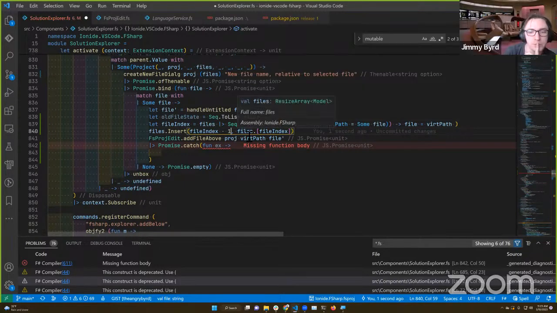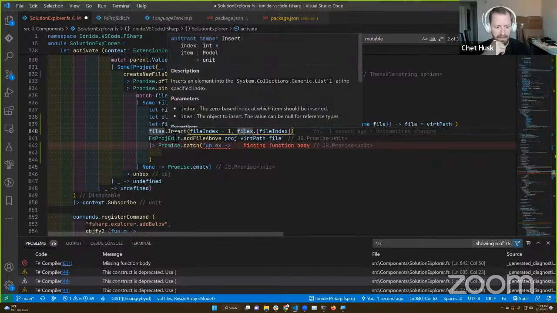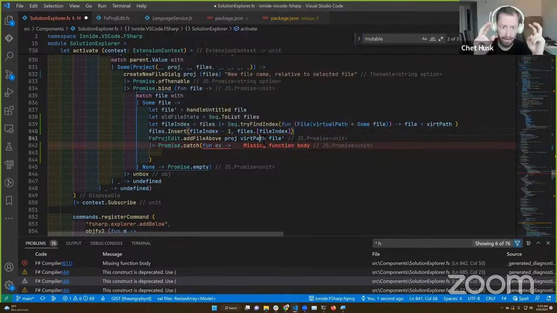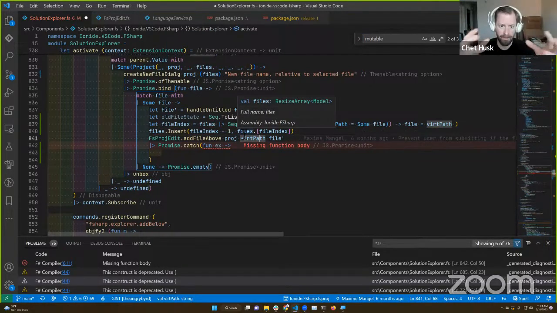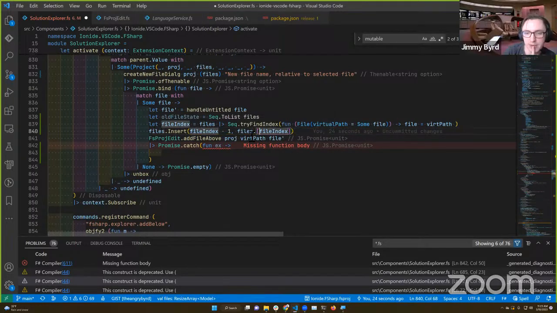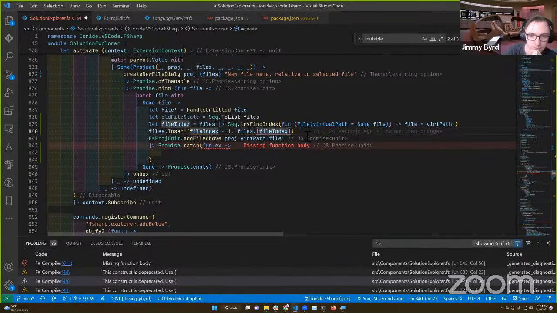Oh, do we? Yeah, look at the signature of insert here. It takes the model we are inserting. This is where we would put the structure representing the new file. I would just grab that file from our previous index because I'm just moving this node. No, I'm saying you don't need to move it because resize array handles the shuffling.